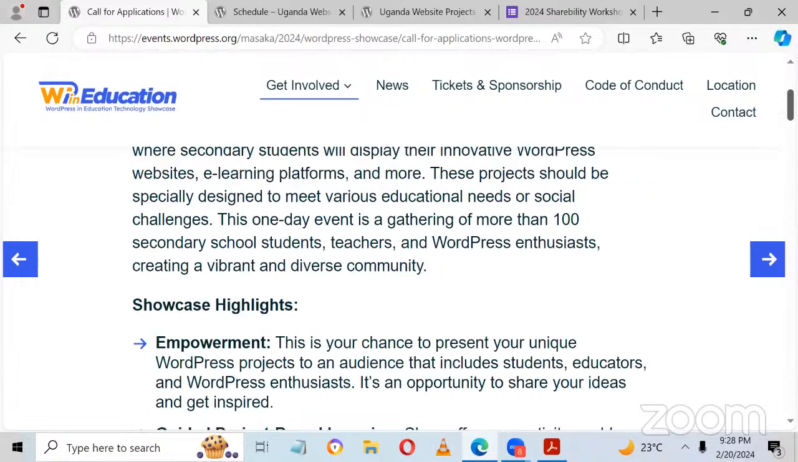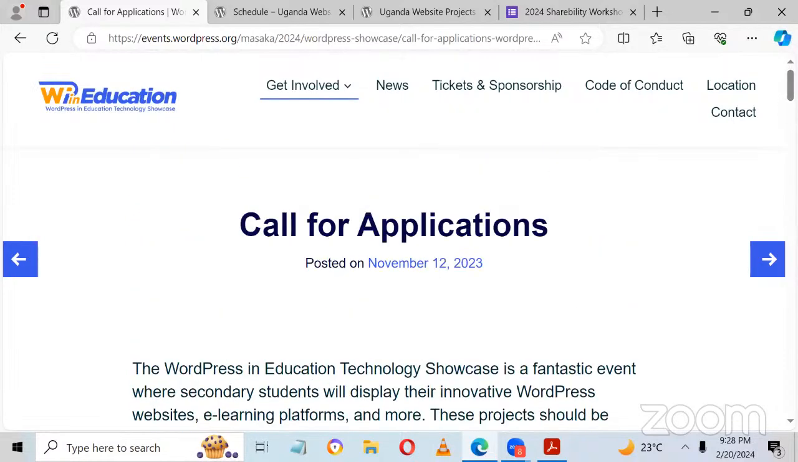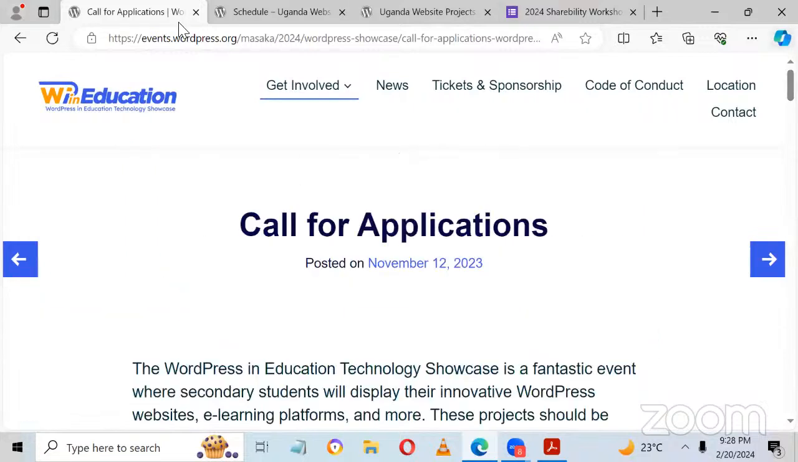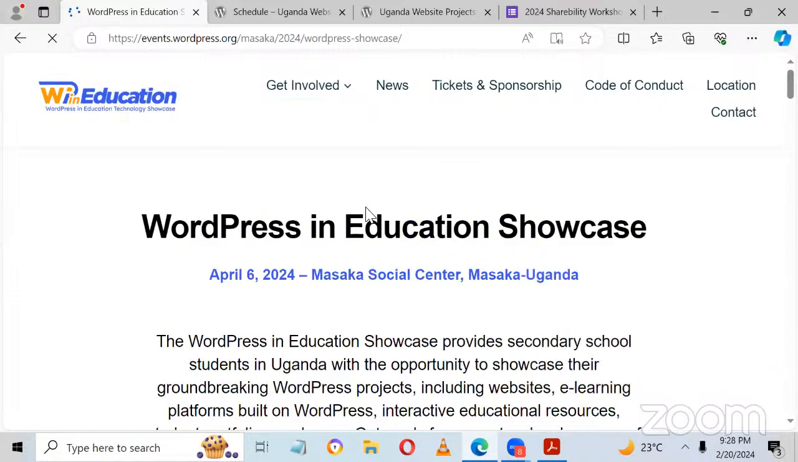So your learners will be given a chance to come and present their projects and their work which they have done, and there will be presents from international companies which are sponsoring these events. So we have the WordPress in Technology Showcase. It's going to be happening. The call for application is open. It's going to be happening